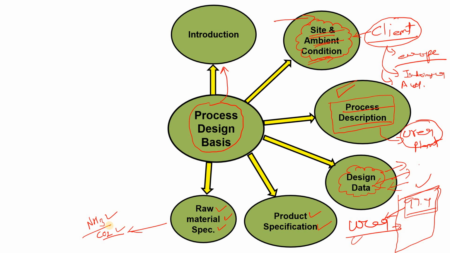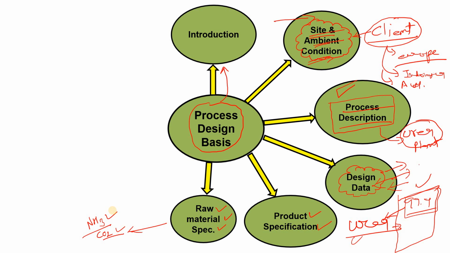So you will provide the information about the NH3 and carbon dioxide, meaning what is the purity of the NH3, what is the pressure, temperature, okay, and what are the other traces within this ammonia and this carbon dioxide. That information you will provide in the raw material specification. Let's suppose there could be moisture, water vapors, or other traces of composition, like hydrogen or any other gases as well. You will mention that here, because this is the raw material we are going to use to manufacture our product. This information is very important while designing the plant.